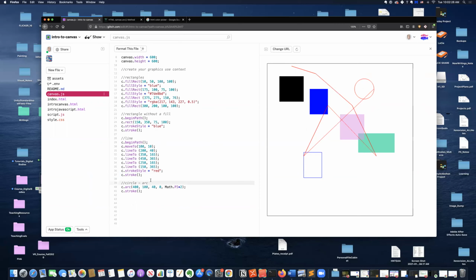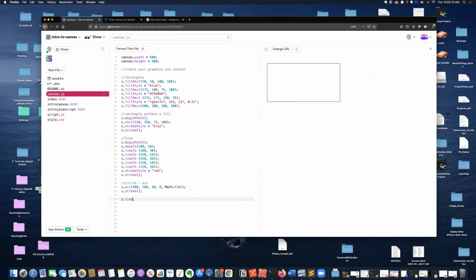So if I wanted it to, I think if I do begin path again. Yeah, so if I begin a new path, it won't connect it to the next point. It will close off this last line object and then start the circle. If I don't have that, then it's just going to continue because I had a begin path. And so it's just going to continue that path over and over again. So I might want to do that. I might want to connect this and then continue on and do